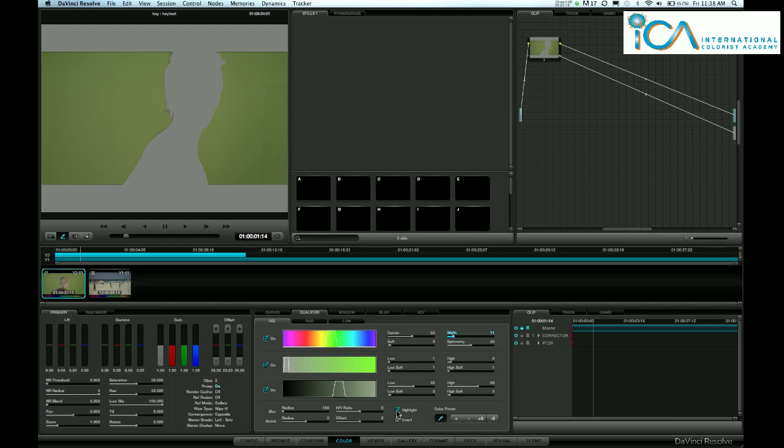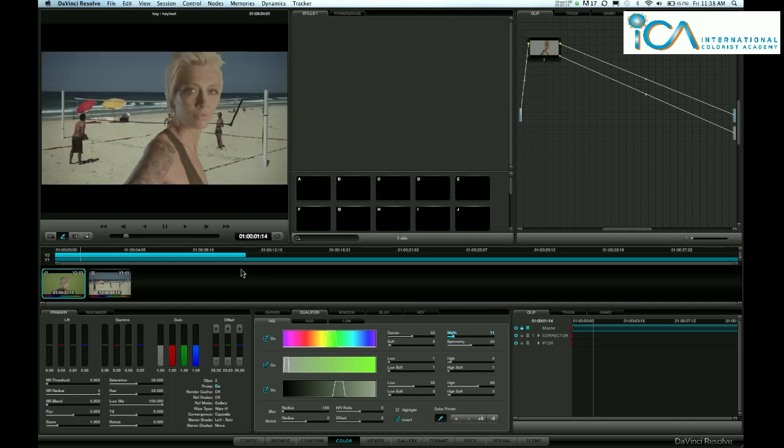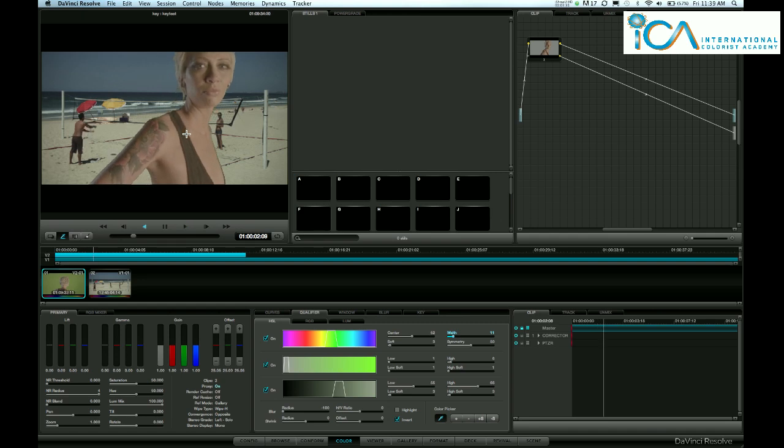Take off highlight. We can see that's sort of keyed, sort of right but wrong. Come down to invert and do that. We now have her keyed over the top of the background, and if we hit play, they're both playing together. Obviously I'm only on my laptop sitting here, so we haven't got much performance, bearing in mind we've got R3Ds and Epics on MOVs, but the good thing about it is I want to grade her, so let's create a